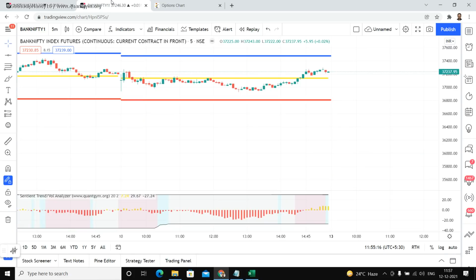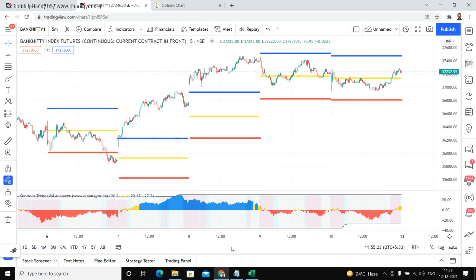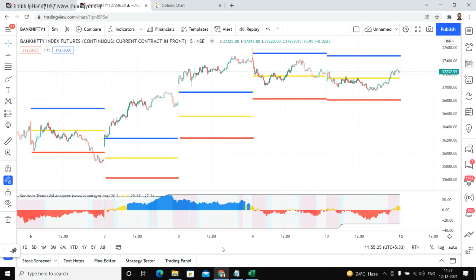This was the second topic I wanted to cover, and the last topic I'm going to cover is basically context. Context means nothing, but as you can see, I always have the last week levels plotted on my chart. So what it tells me is, so this is bearish and this has turned bullish, correct? When it has turned bullish, you will see something. This balance level was here, the upper level was here, the next day the lower level is here. So obviously this particular zone,